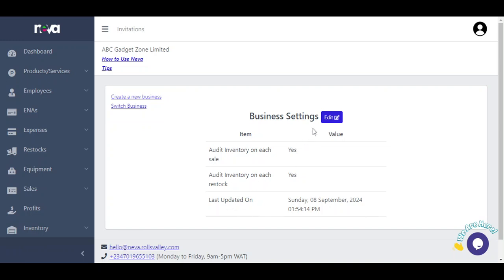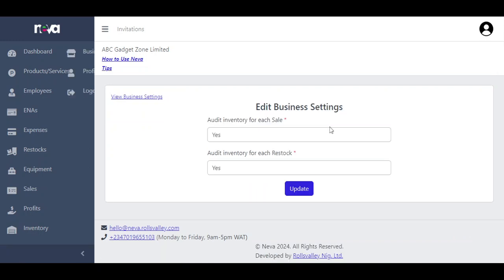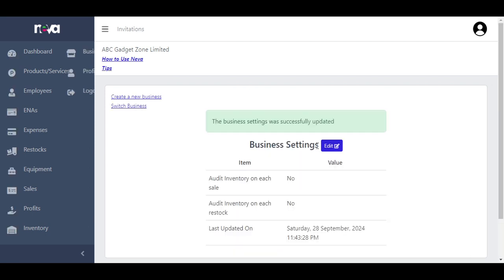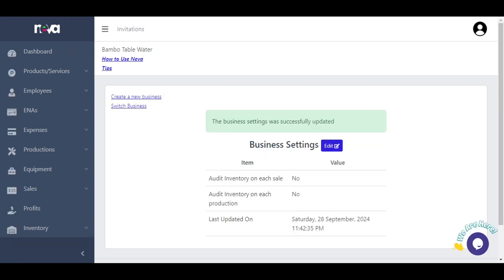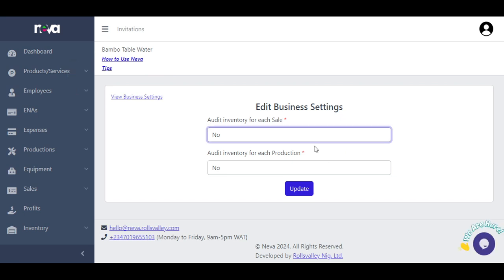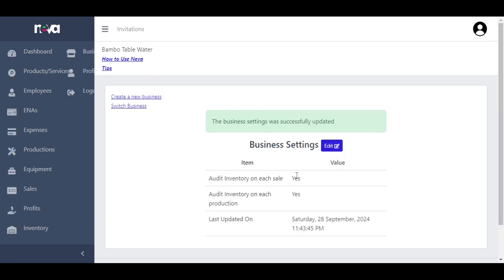And if you also want to turn this off, you can select this, select no, and then select no, and you can see update. It will turn off. If you want to turn it back on, you just click on edit, select yes, yes, and you turn it on. The same thing applies to the production business. If you click yes here and yes here and click update, it's going to turn it back on. So that is that